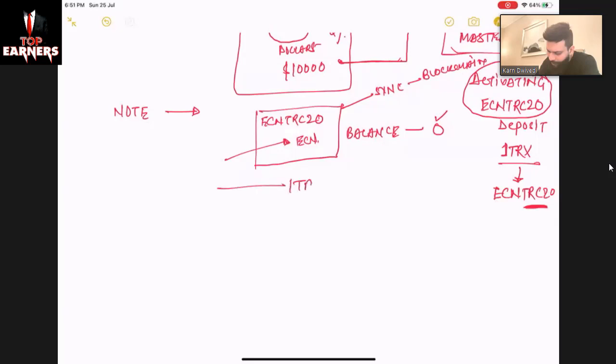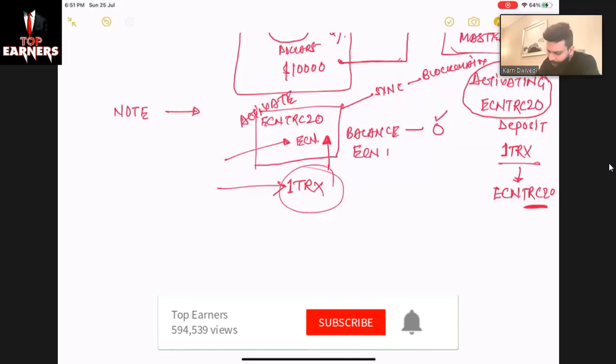You deposit 1 TRX now. Deposit 1 TRX to the same wallet. Wait for 3-4 minutes, because the moment you deposit 1 TRX, it will activate it. Wait for 3-4 minutes, refresh your page, and you will be able to see your ECN balance. Automatically, you will see it.